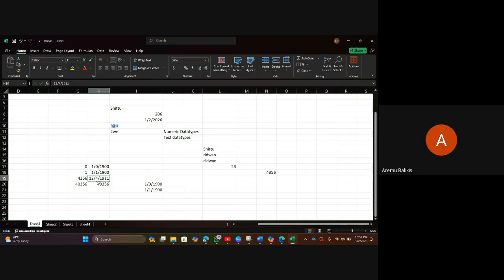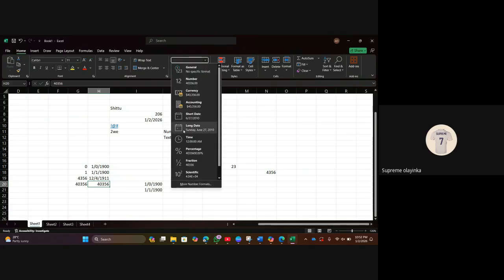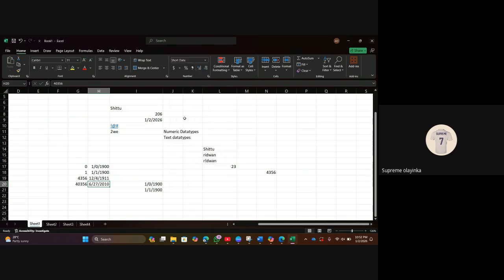Do you understand? It depends on the calculation. It depends on your own laptop clock, laptop calendar or laptop date format. So now 40,356 will be 40,356 days after 1st of January 1900. That means Excel is not programmed to be before 1900. So can you see? 40,356 days is 2010, 27th of